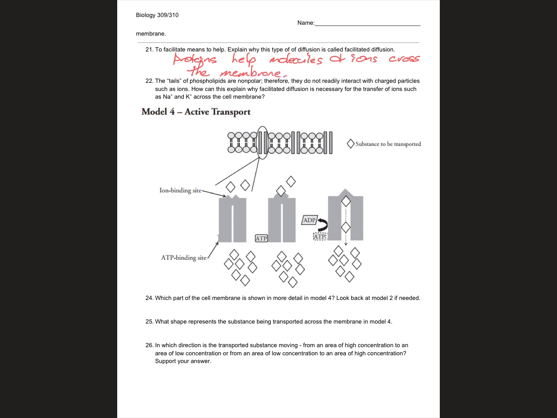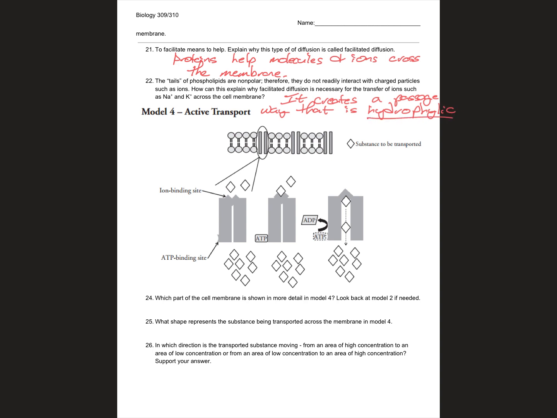The tails of phospholipids are nonpolar, therefore they do not readily interact with charged particles such as ions. How can this explain why facilitated diffusion is necessary for the transfer of ions such as sodium and potassium across the membrane? It creates a passageway that is hydrophilic,